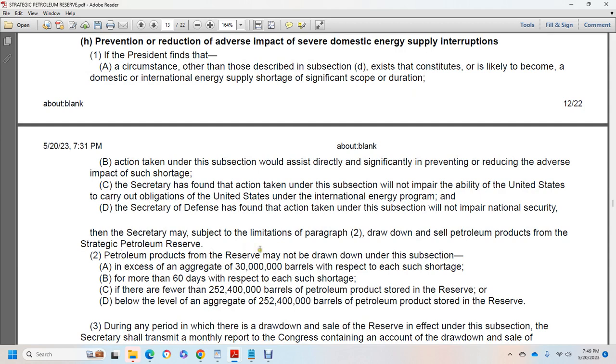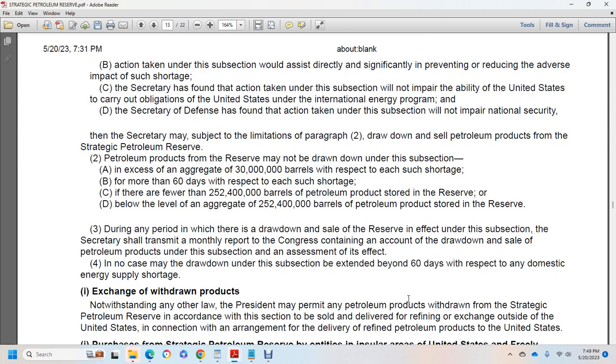Petroleum products from the reserve may not be drawn down under the subsection in excess of an aggregate of $30 million with respect to each such shortage, for more than 60 days with respect to each such shortage, and if fewer than 252,400,000 barrels of petroleum product would be stored in the reserve. During any period in which there is a drawdown sale of the reserve in effect under the subsection,